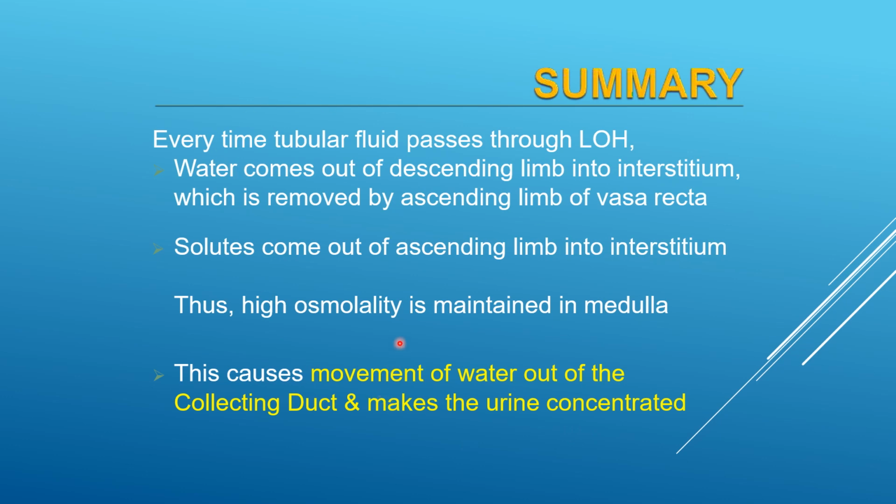If you understand this, you will definitely be able to expand the countercurrent mechanism into multiplier, exchanger, and the role of urea. Lastly, a small word about urea, and then you can easily draw those diagrams, and that's how you'll be able to remember this topic for a long time. So read it from the textbook once and you'll definitely understand this topic. It is very easy and very important. It may come as a short question, or sometimes as an essay.